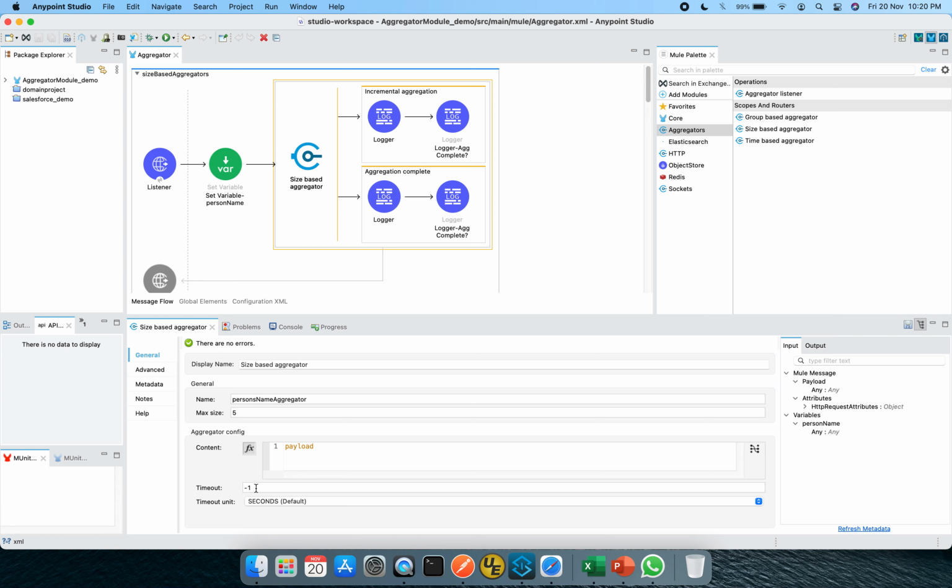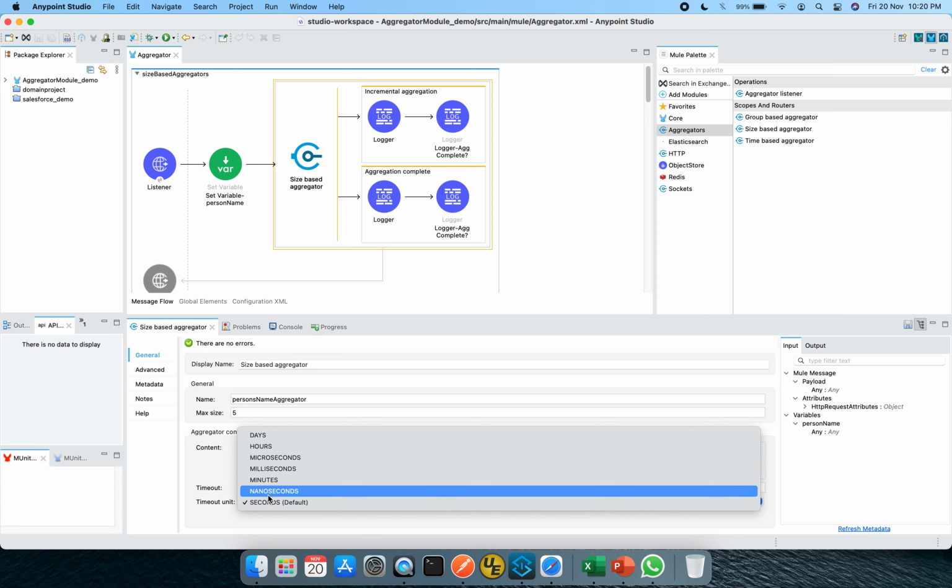But to specify any specific setting, you can change it to any value, but don't use 0 because it will not make any sense. -1 is for infinite or unlimited time, but if you put any positive value greater than 0, then you have to change the timeout unit accordingly.